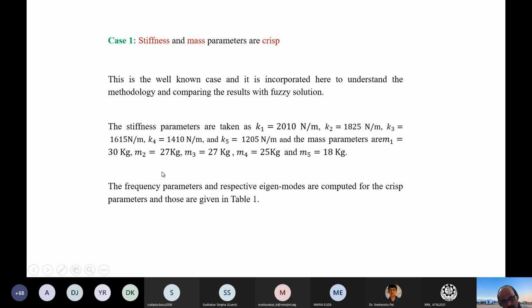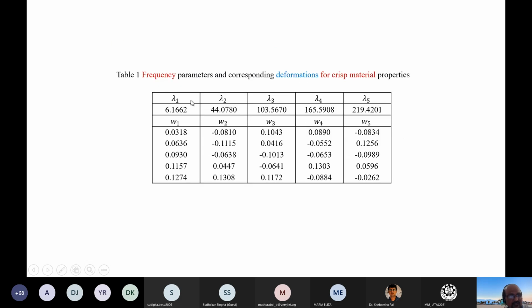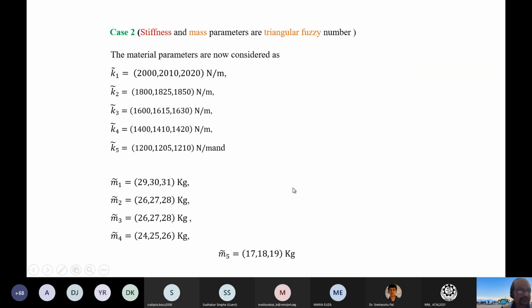Then that eigenvalue problem will be 5 by 5. So here very easily we can find the eigenvalues crisply, meaning exactly. These are the 5 eigenvalues and these are the corresponding eigenvectors. Okay. Whatever problem you have, eigenvalue problem or system of equations, I have taken several problems here. So in your case also, if you have an eigenvalue problem, you have to solve it with whatever method you use.